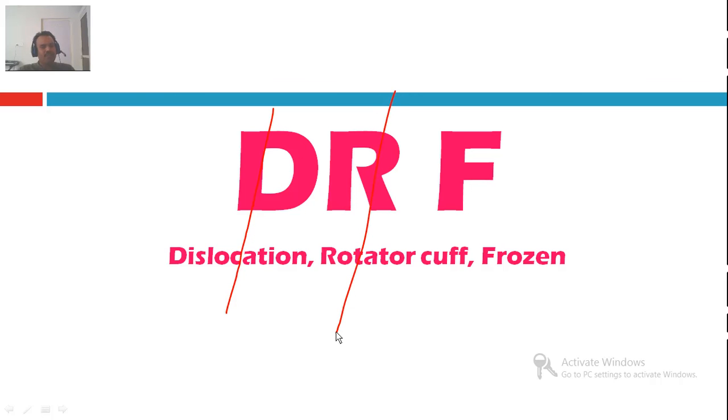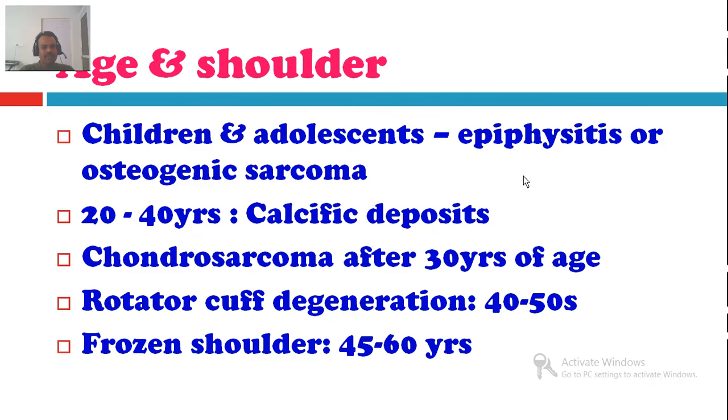The second group of pathologies is rotator cuff. It can be partial tear, complete tear, or rotator cuff tendinopathy, otherwise rotator cuff tendinitis, otherwise impingement, but mostly related with only one thing, that is the rotator cuff. And the last one is a frozen kind of pathology, where the patient has just got pain and stiffness, so that's more of a frozen presentation. So all non-traumatic pathologies can be put into three categories. We call them Dr. F issues. So dislocation, in other words, instability: sprain, strain, subluxation, and dislocation. Rotator cuff disease, otherwise rotator cuff pathologies, and the last one is frozen pathologies.